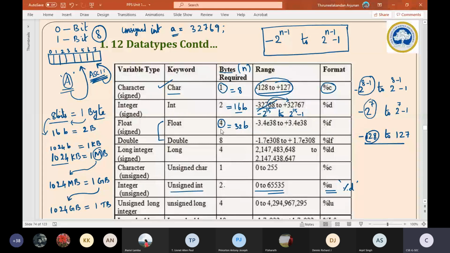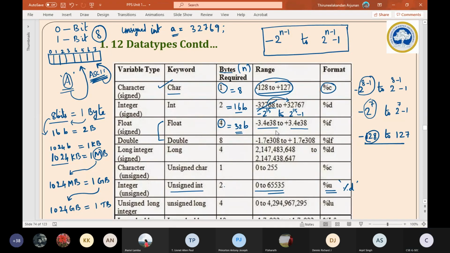So a float will reserve 4 bytes of memory in the memory space. It is equivalent to specifying 32 consecutive memory location bits. Now apply this 32 in the place of n and evaluate, and you will get this range, represented in scientific notation, some number into 10 power something.